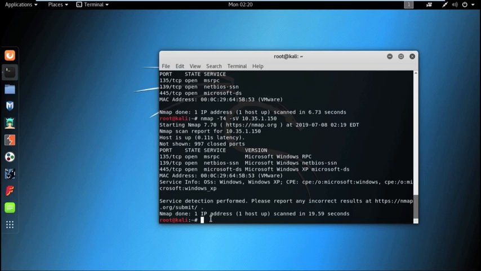Next, try to find out the operating system of the target machine. For operating system scanning we use the option -O.